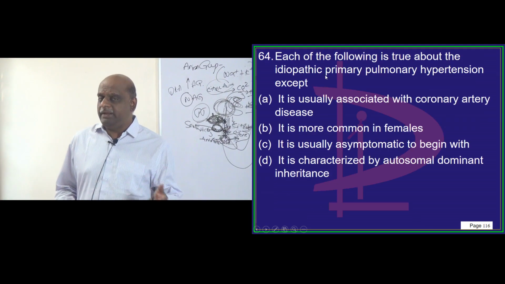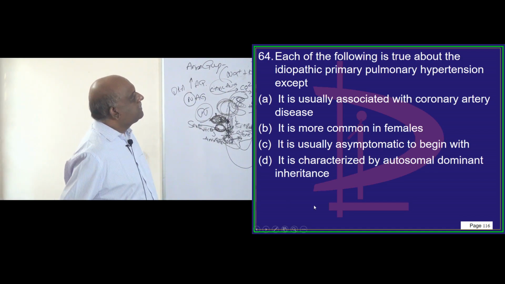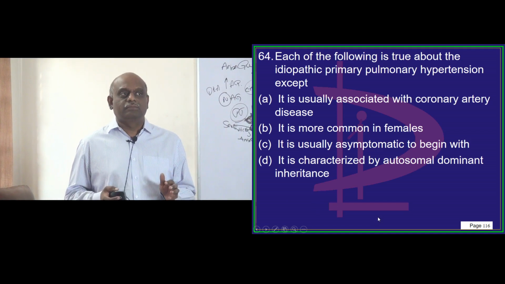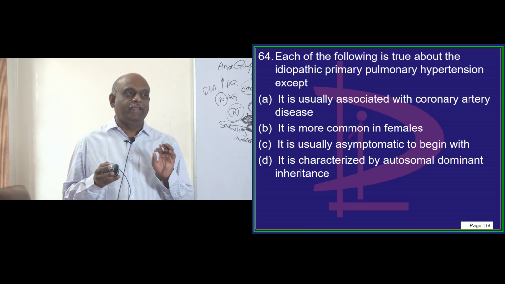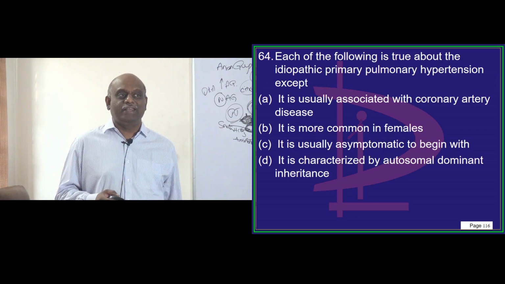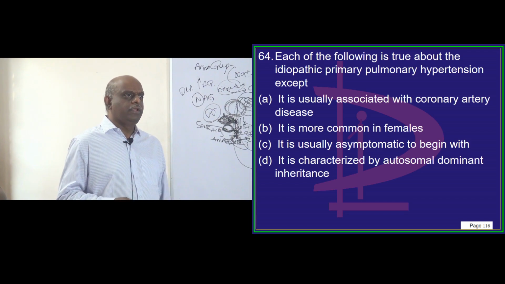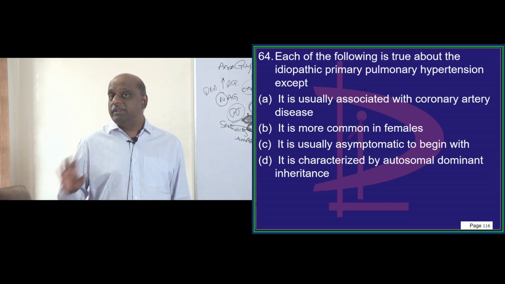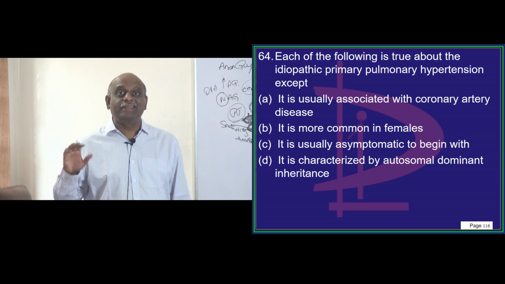Idiopathic primary pulmonary hypertension. So where do you see this? It is more commonly seen in young females. I can never forget Lakshmi. She was my first primary pulmonary hypertension case that I have ever seen when I joined MD General Medicine. So she is a farmer's wife and a wonderful mother of 2 children, and she was otherwise fine till recently